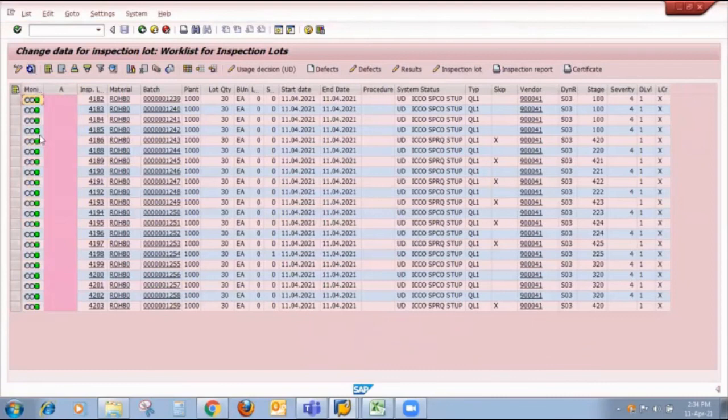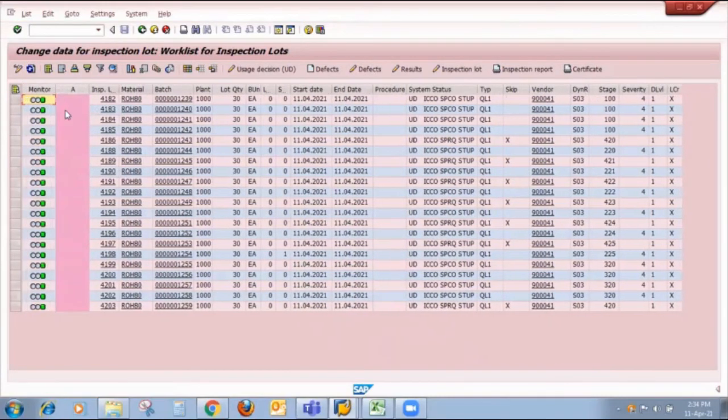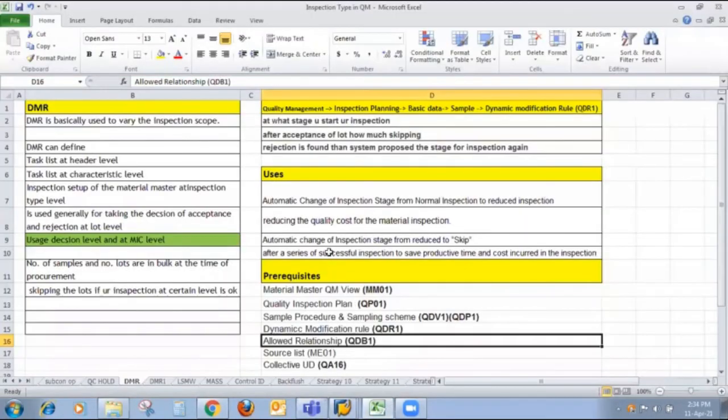So once I refresh it, you can observe here all the inspection lots are properly done with UD, and the red indicators move to green indicators. Means now all these skip inspection lots have had their status changed and UD done for that particular inspection lot. So friends, this is the importance of the dynamic modification rule and its uses.